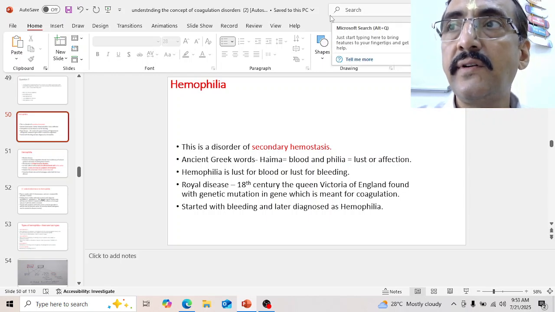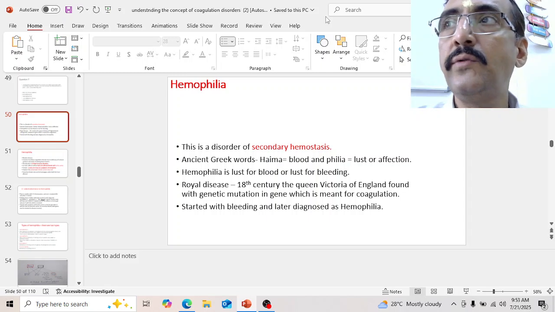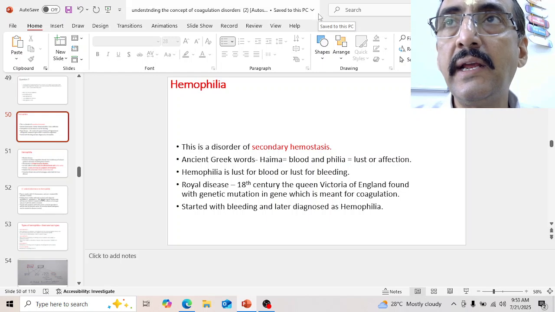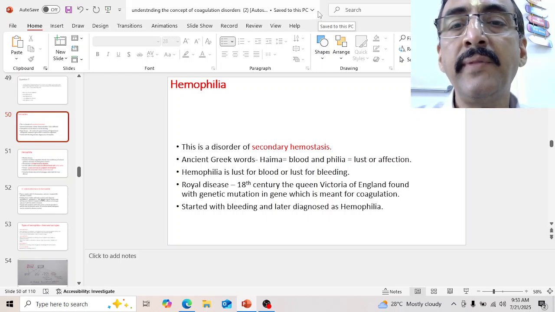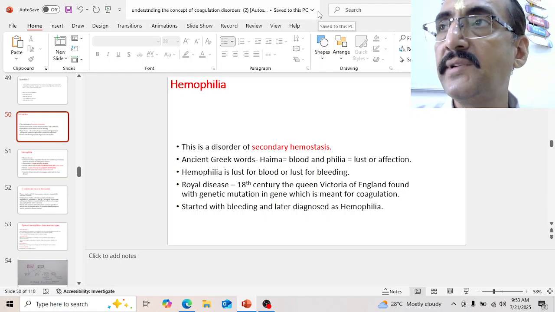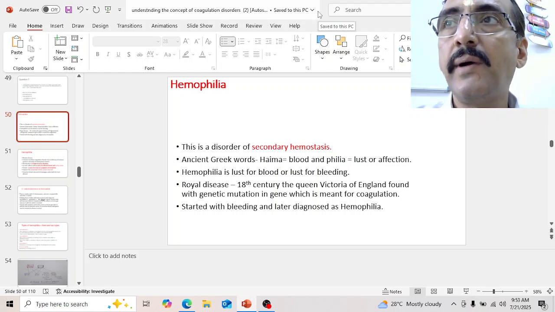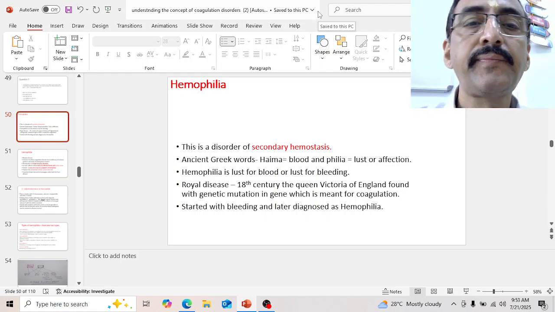Intrinsic pathway disorders are very important. It includes a big group of disorders by name hemophilic disorders or hemophilia. So today onwards we shall discuss hemophilia, which comes under the intrinsic pathway. Now,